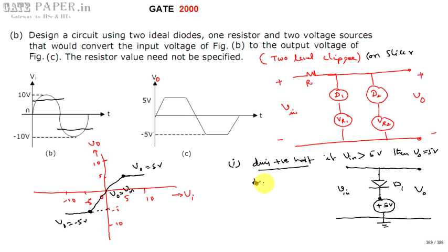if V input is going to be less than 5 volts, then the diode is reverse biased. A reverse biased diode acts as an open circuit, so V0 will be equal to V input. In this case, V0 is equal to V input. Second case,